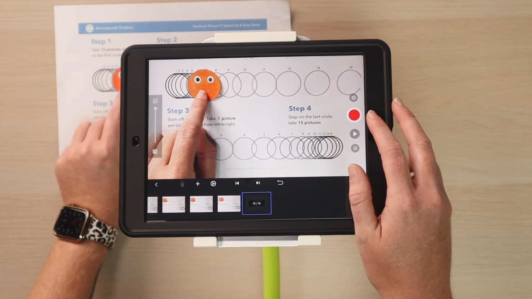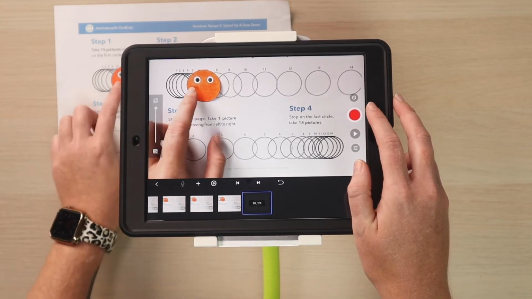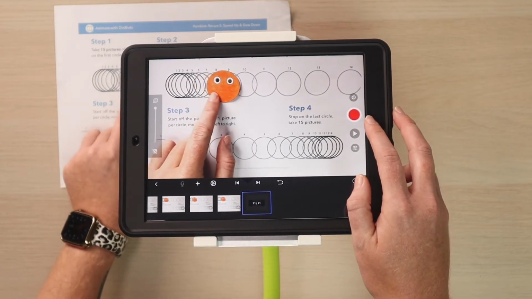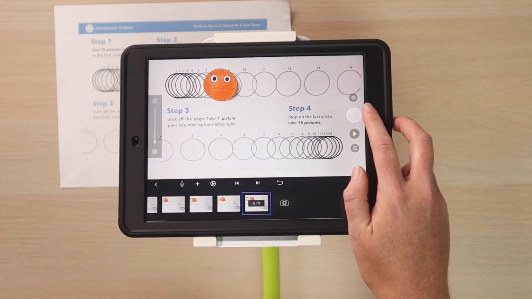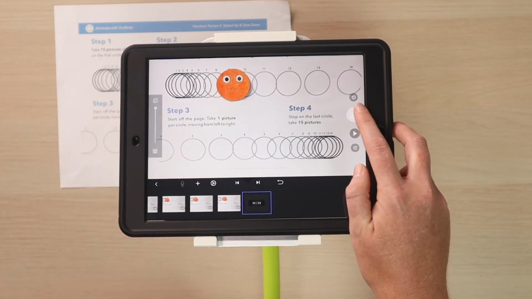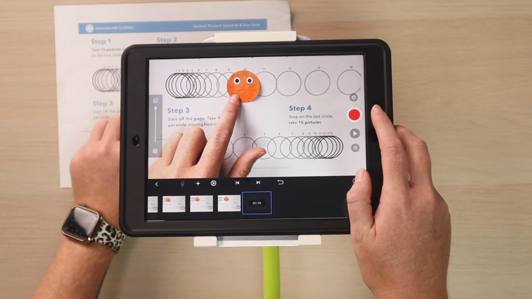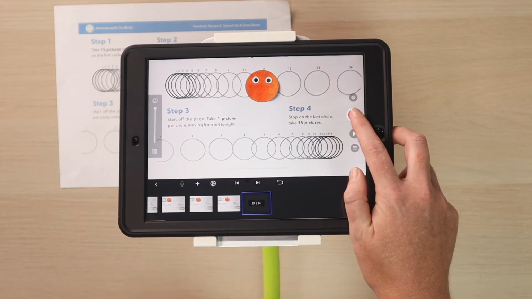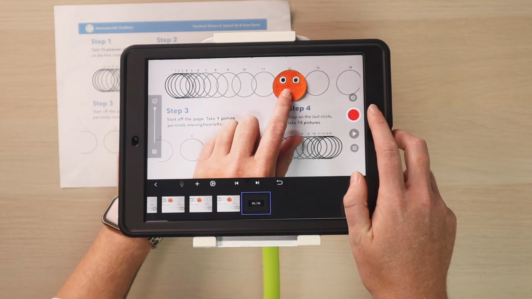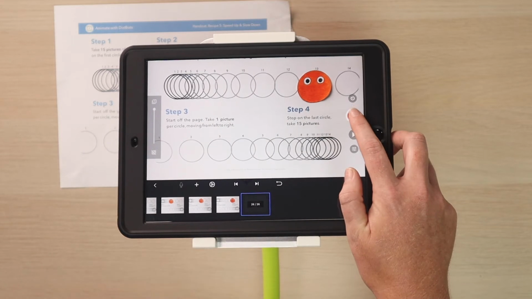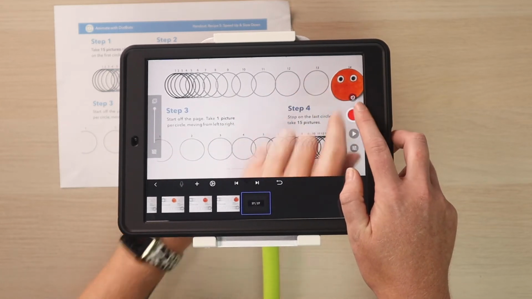Remember, just 1 picture each. Perfect. Almost to the halfway point. All right, 2 more to go. Number 13 and 14.